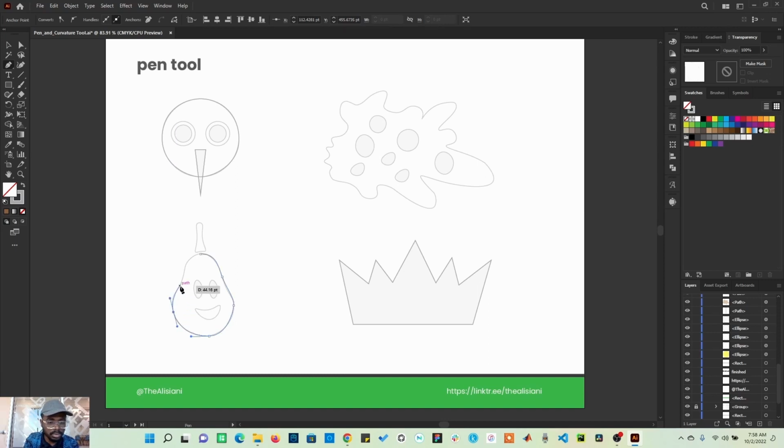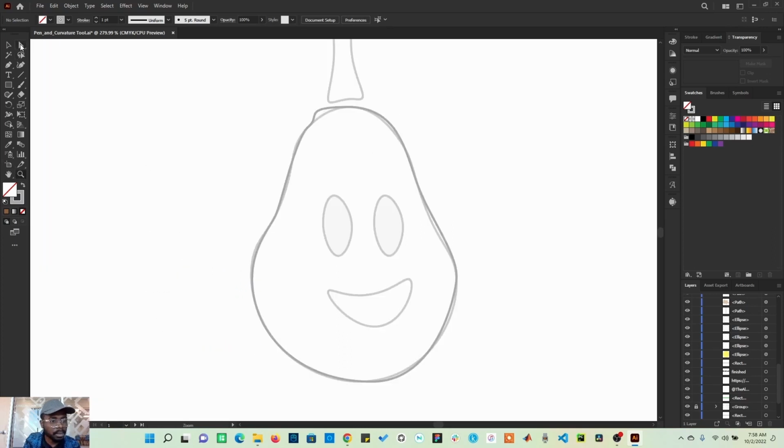All right, so creating these curves, I'm going to finish up this here. All right, see that? So I'm going to get my direct selection tool. You can see this place is not looking good. Going to zoom in a bit, get my direct selection tool, click at this point and begin to readjust this place,